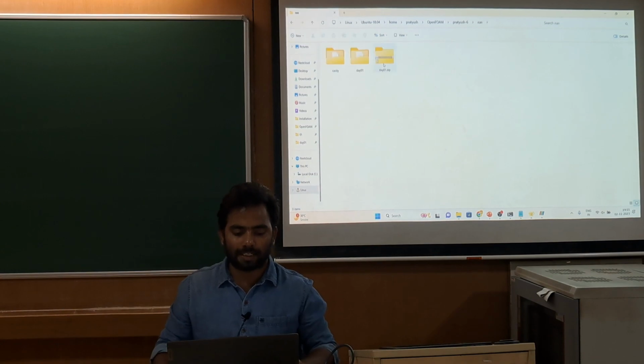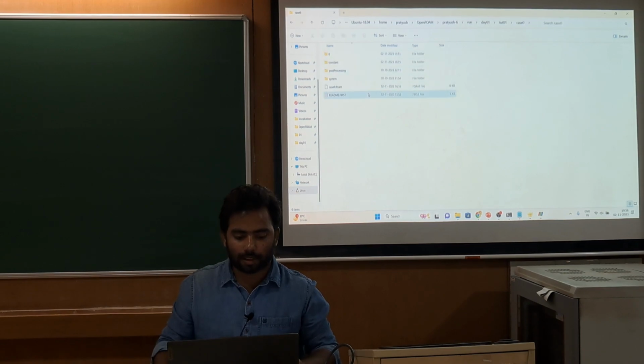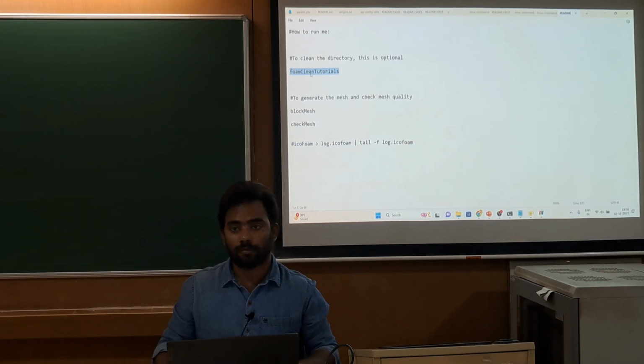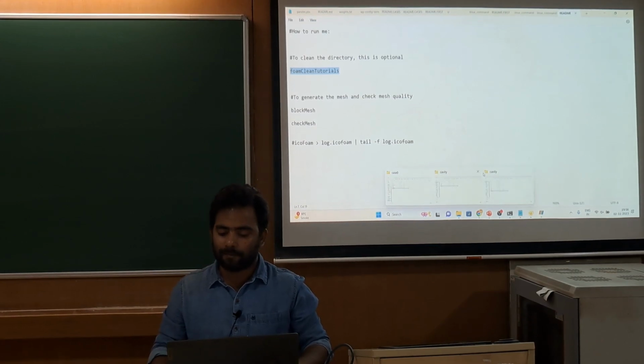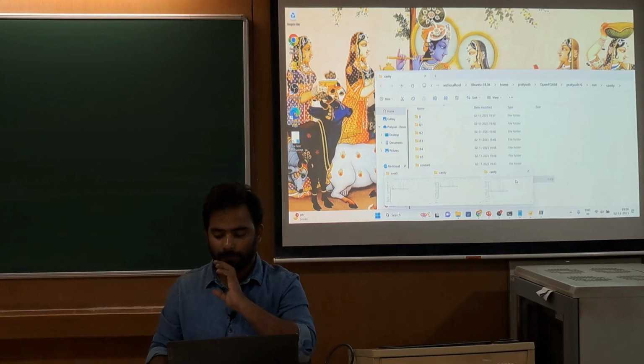You can go to that text file and you can find everything. Here you can open these things. You can find the block mesh, check mesh, icofoam. I think everyone has downloaded that zip file that I uploaded.